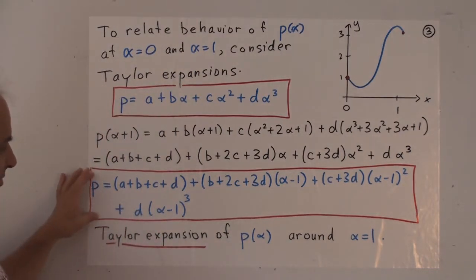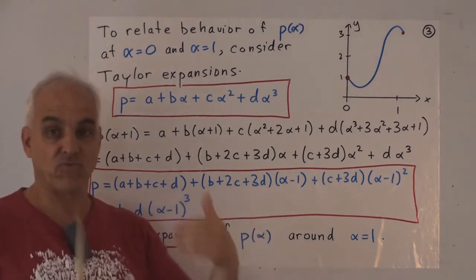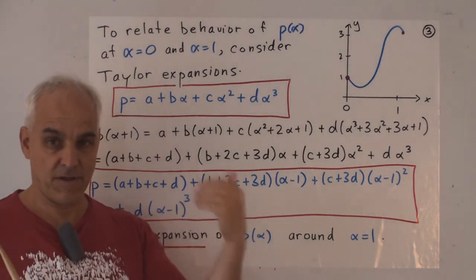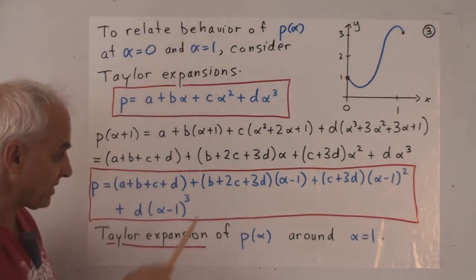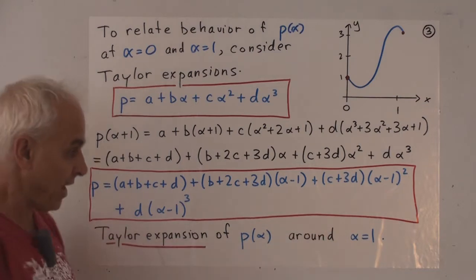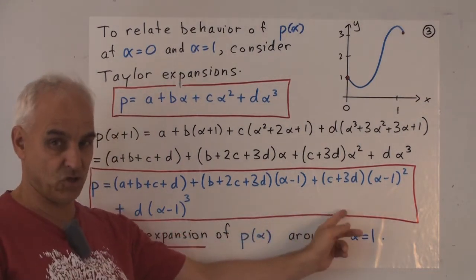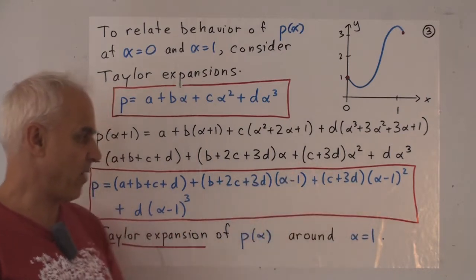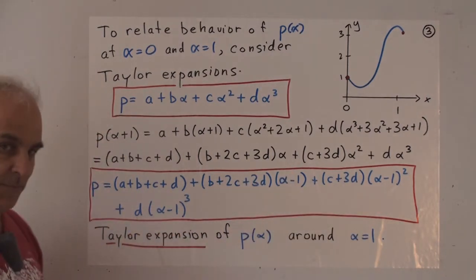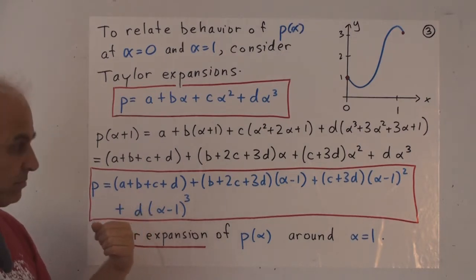So this is what's called a Taylor expansion in calculus. And for those of you who have studied calculus, you will know that inside here there are various derivatives of the polynomial. This thing here is essentially the derivative of this polynomial evaluated at 1. This is essentially the second derivative. Actually, it's a second derivative divided by 2 evaluated at 1. And this is essentially the third derivative divided by 3 factorial, which is 6,